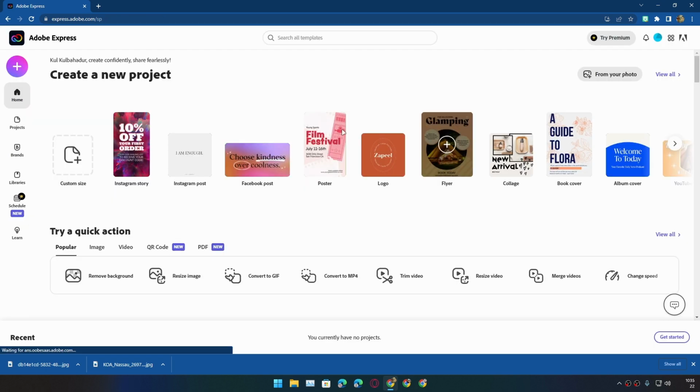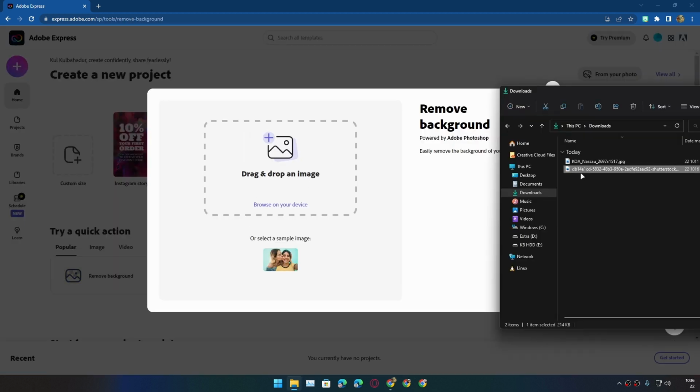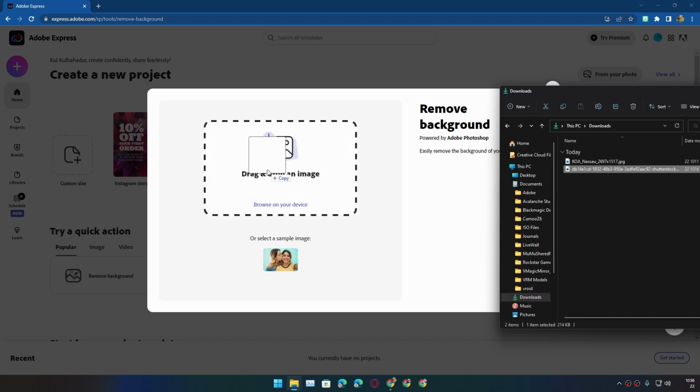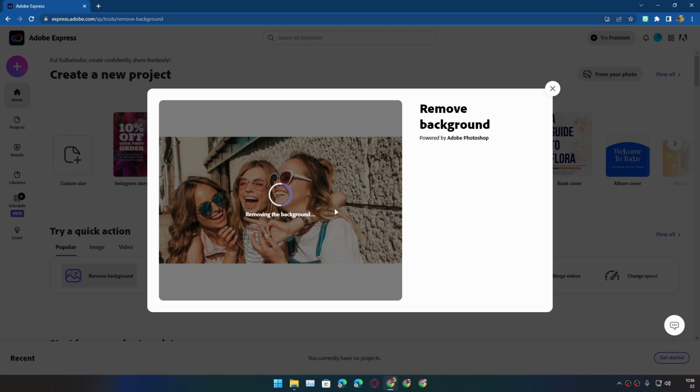All right. So you'll see the try quick actions option, and in there you just need to find this option, remove background. Just click on that. Now all you need to do is drag and drop the picture which you want to remove the background from. All right, just do that. You can see this is the same picture that I showed you earlier. It has a complicated background, and